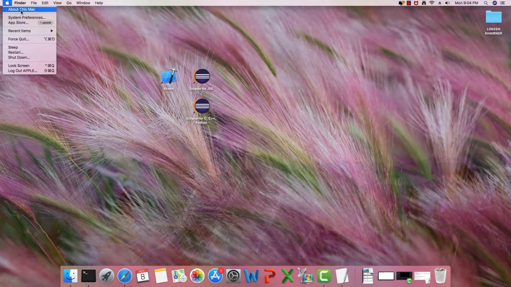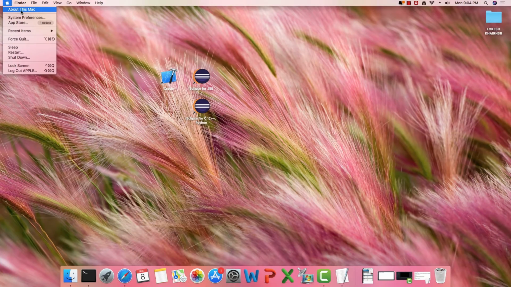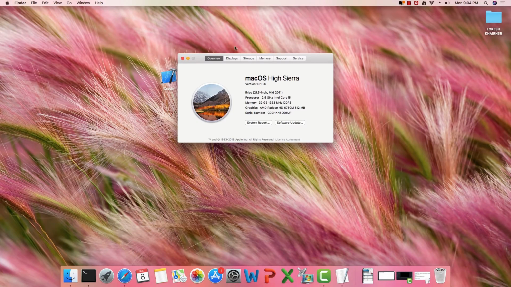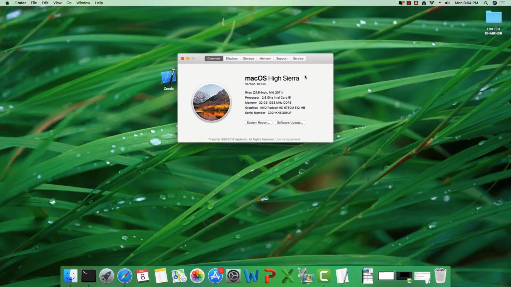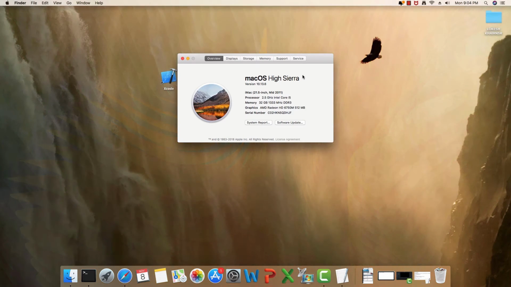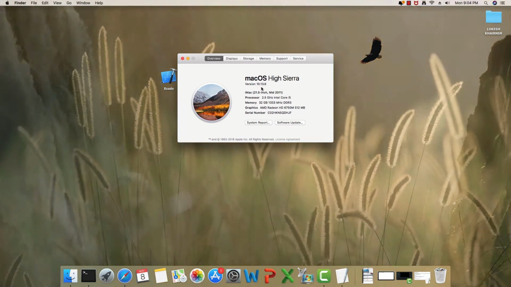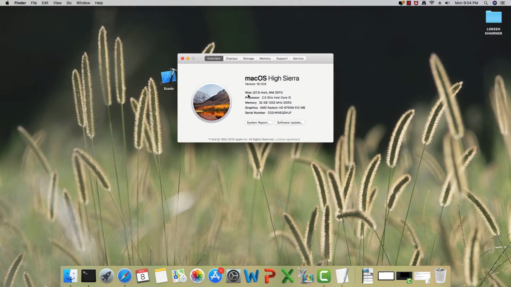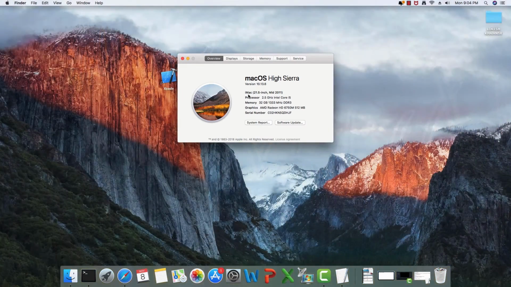So I'm going to click this first option. It is about this Mac. If I click this, it is going to show us the information related to this Mac computer. The operating system that is installed on this Mac computer is macOS High Sierra version 10.13.6, and this one is iMac model mid 2011 and it is 21.5-inch model.